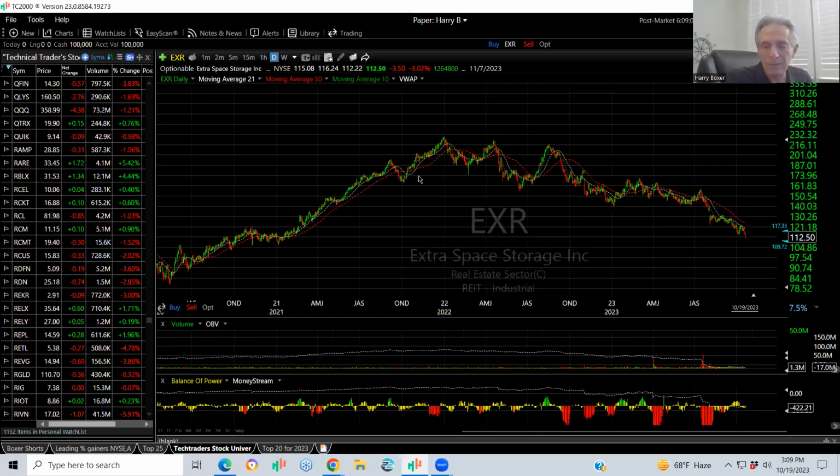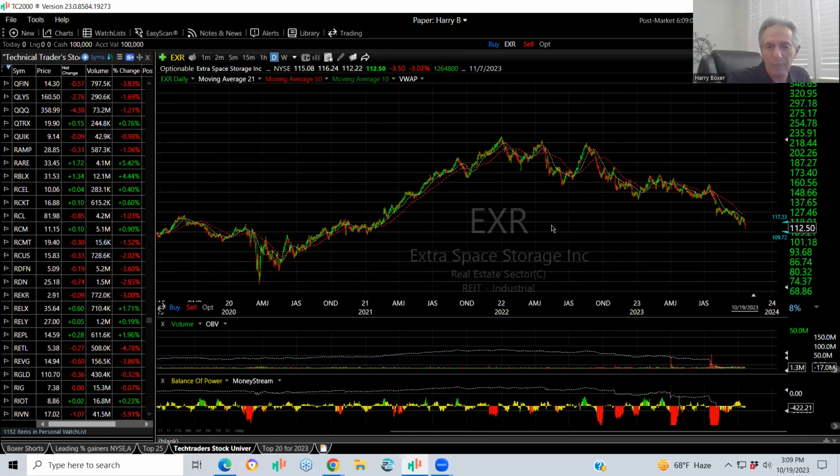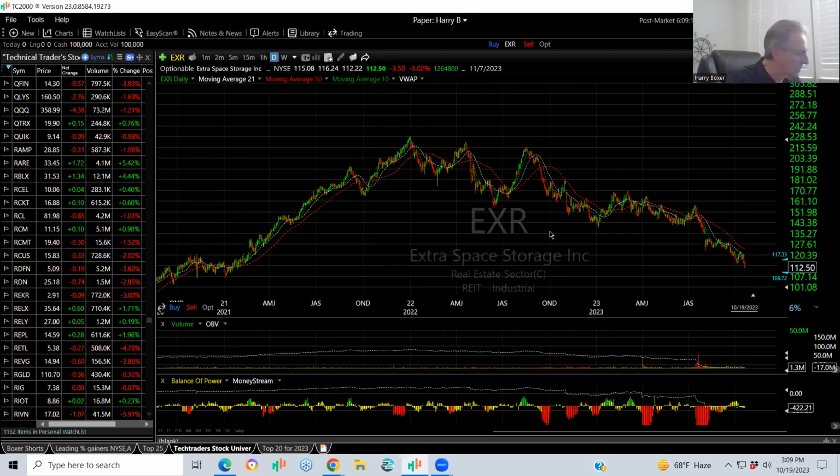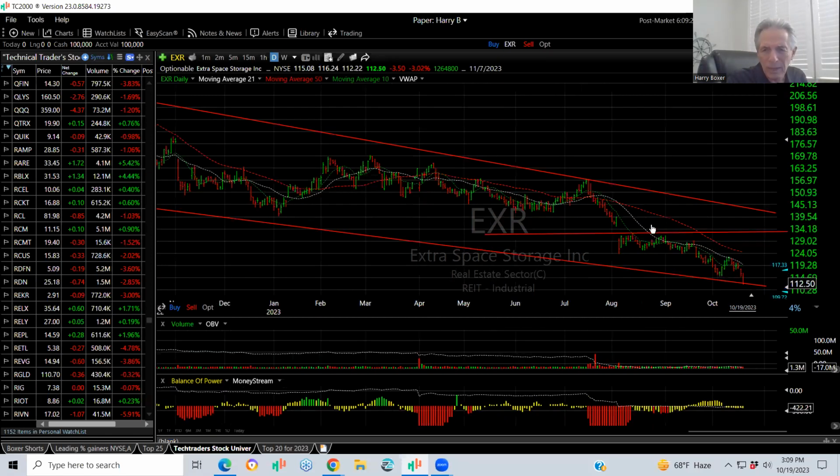But here's a stock that dropped from 225 down in half, and there's no bottom in sight. And the reason I say that, the only positive about this chart is that it's at a long-term declining channel bottom, at least on a short-term basis. Now it hit the bottom here and bounced, and hit the bottom there and bounced. It may bounce again, but I'm not optimistic until I see a really strong price volume surge across this level.